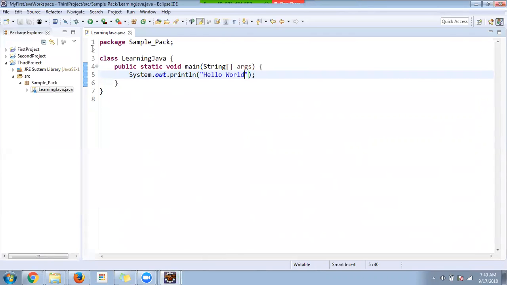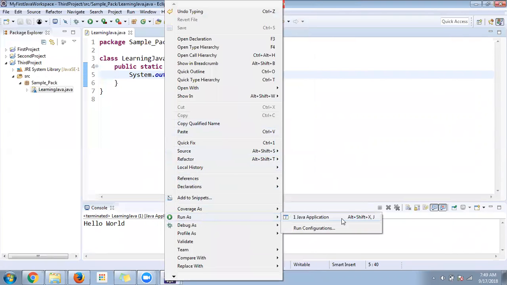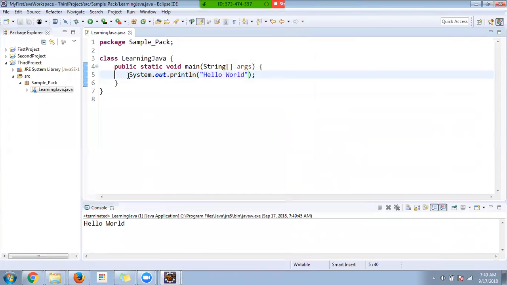Then I'm running the program. So once I click here, otherwise right click on the program, run as Java application. That's it. Okay, great. Hey, thanks, Akil. So now,